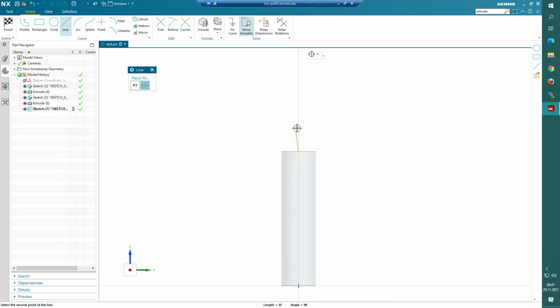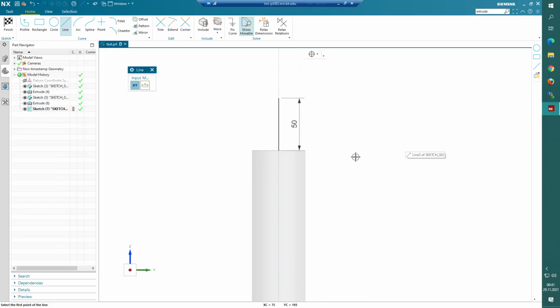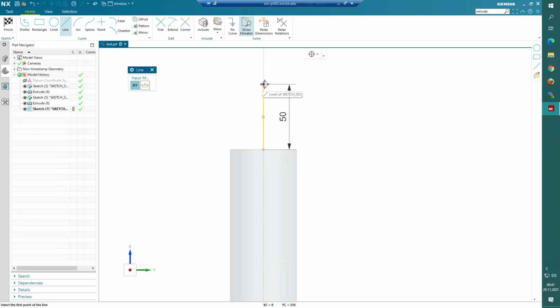And then I'm going up for the length of 50, and angle 90 is already correct. Okay, and now I'm gonna take this point here, go out for the length of 25, because our diameter, remember, was 50, and 25 is then, we'll make sure that we have exactly the edge right here. And now we are only connecting these two lines, and click on the X,